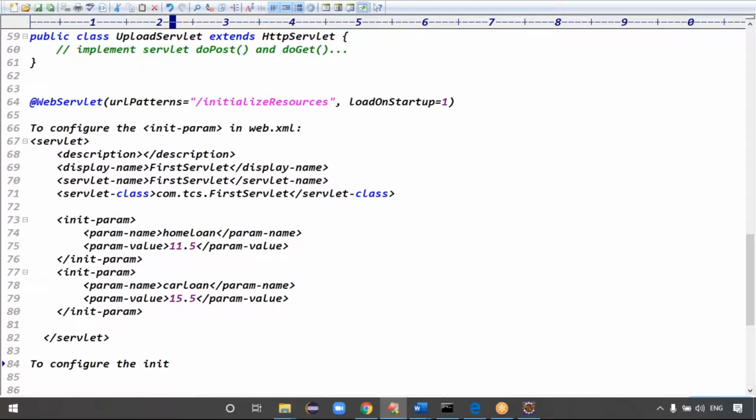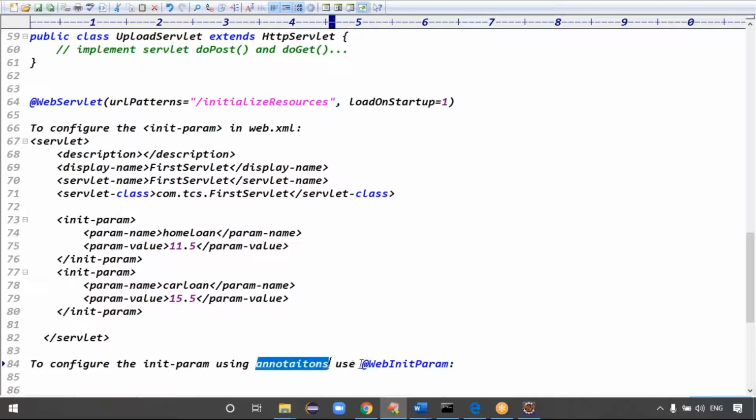To configure the init param using annotations, we use @WebInitParam.